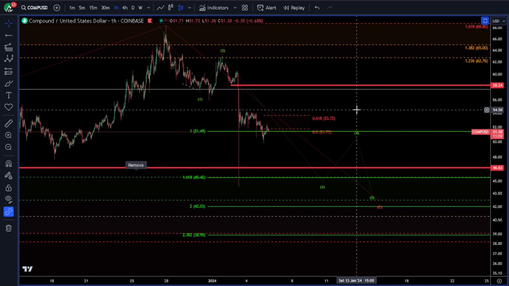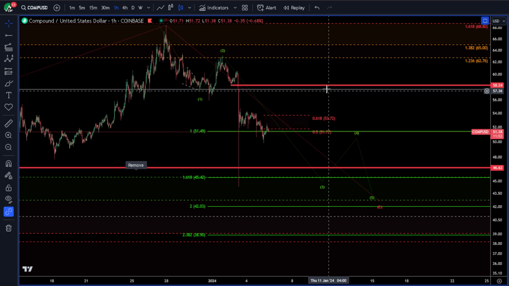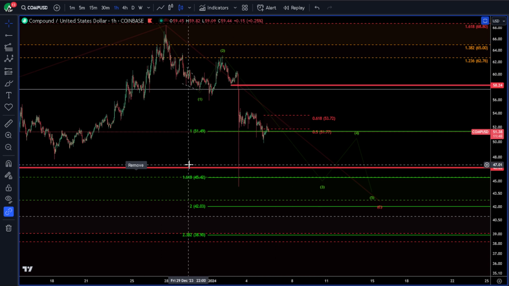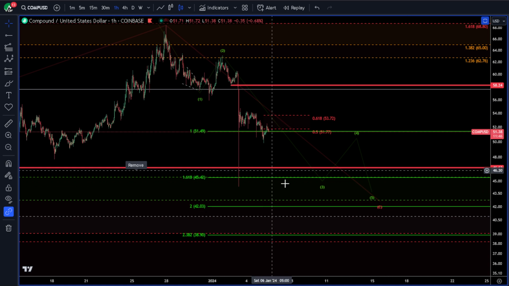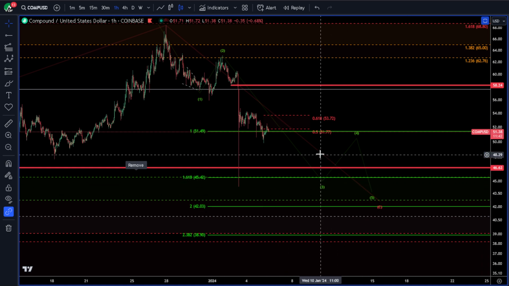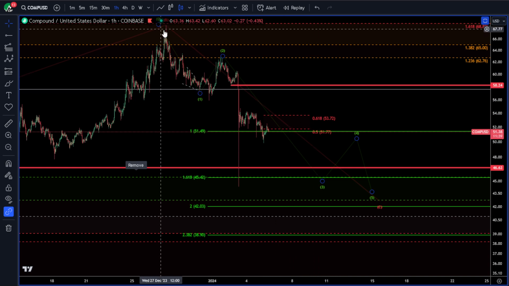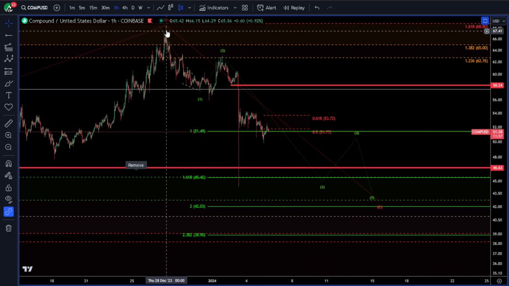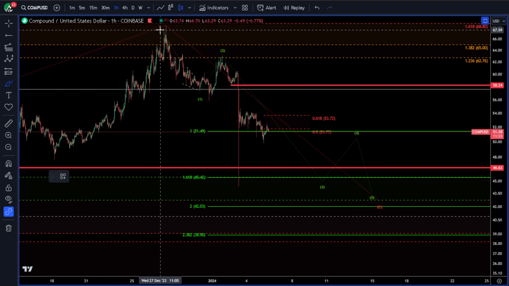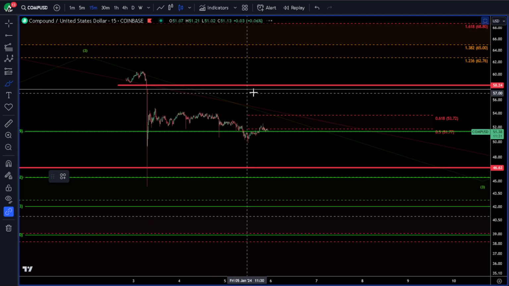It makes it more frustrating to analyze when you're dealing with those factors, but that's kind of the way it is in crypto. We have to deal with the information we're given, and at this point, I think this is the most ideal way to count this. The way I was able to get this as a 5 wave, again, it's kind of ugly and there's no ideal. But if you go down to the 15-minute,